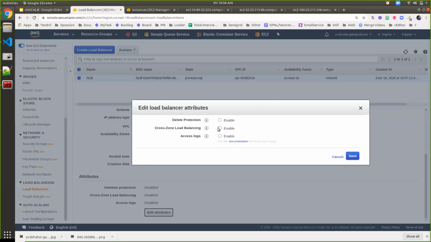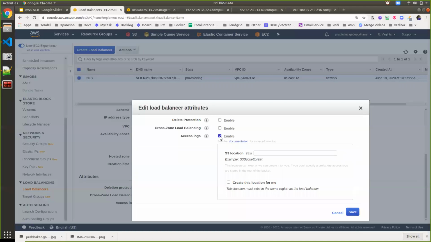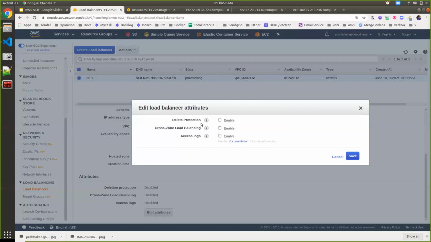If I'm running in US East 1 and US West 1, and at the same time Asia Pacific, I can run my load balancer in multiple zones, so that the nearest zone will serve your request. And access logs: whatever operations you perform on the network load balancer, all these logs I can store in an S3 location. As of now, for the demo purpose, these are not required.